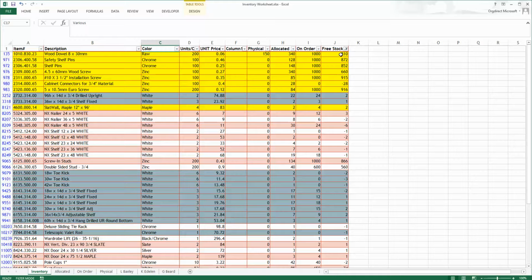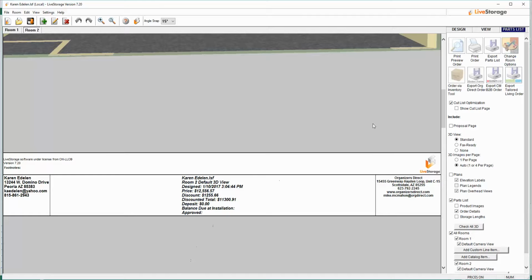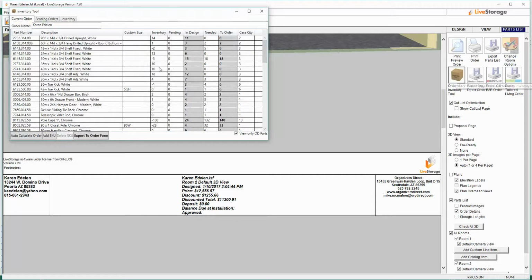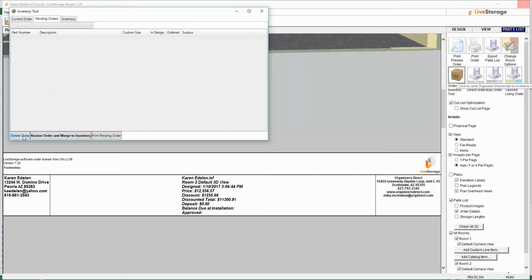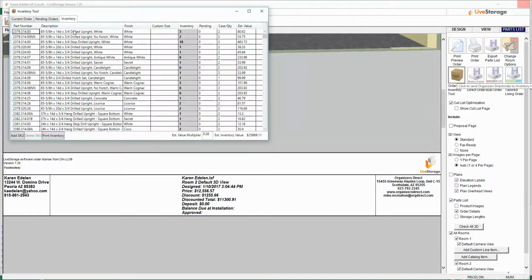So as soon as they go through and put in their physical inventory, now we'd be ready to just take these numbers, open up live storage, and we can go to our inventory tool and make sure that I don't have anything in pending. I want to delete any orders in pending, and I want to delete any inventory I have here, so I can